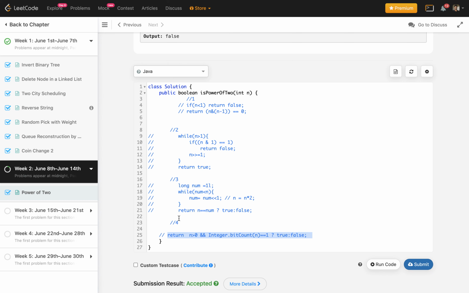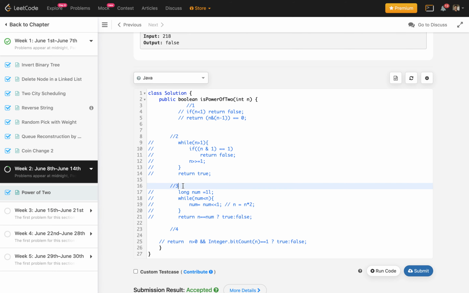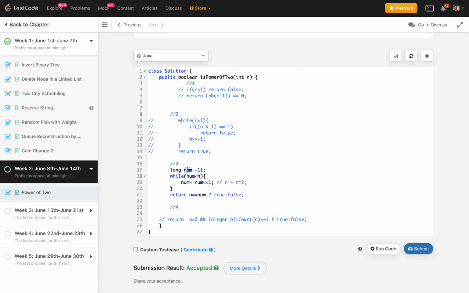Let's discuss some more methods. The second method I want to discuss with you is this one. What we are doing is just taking a number. Why am I taking long?